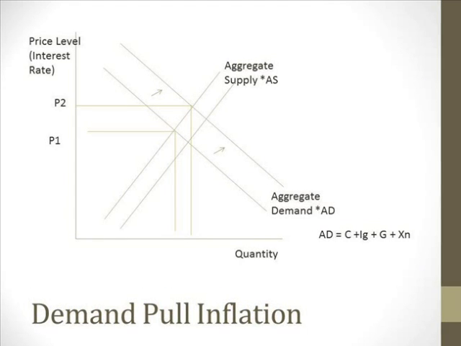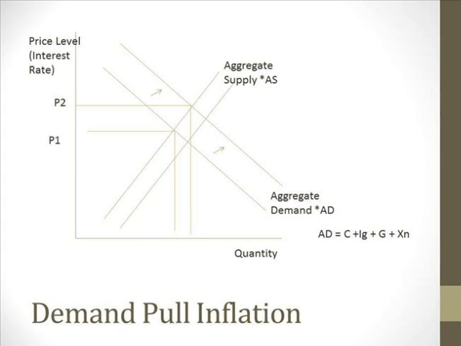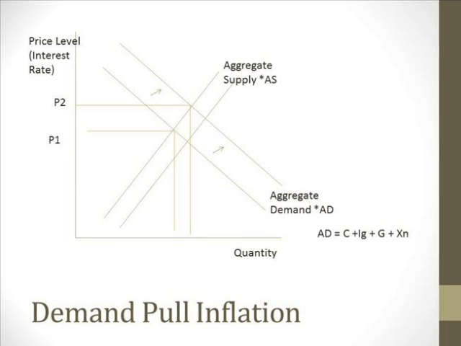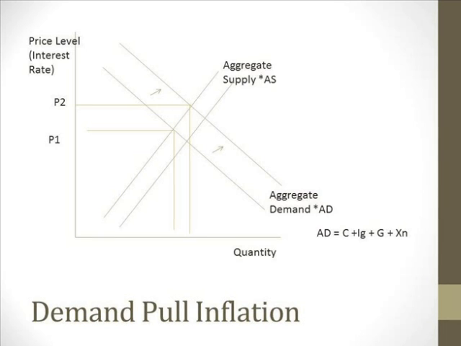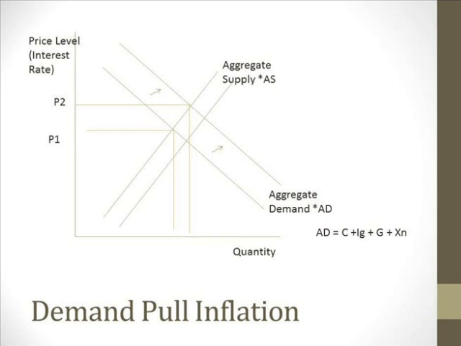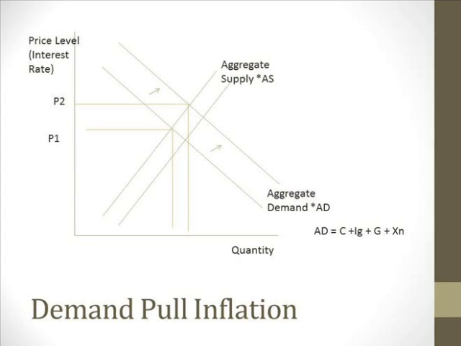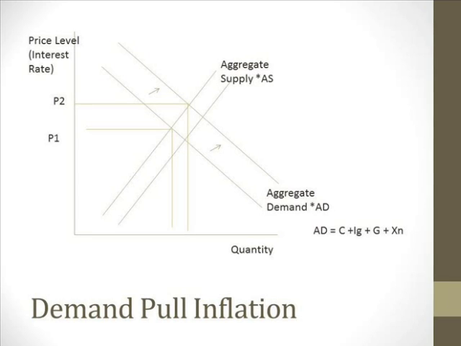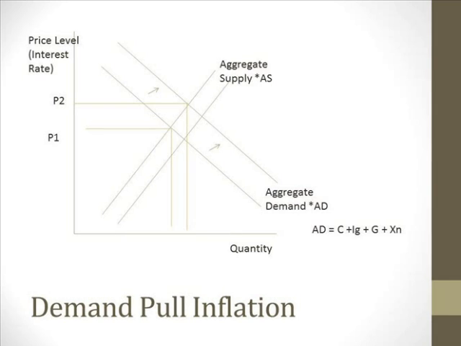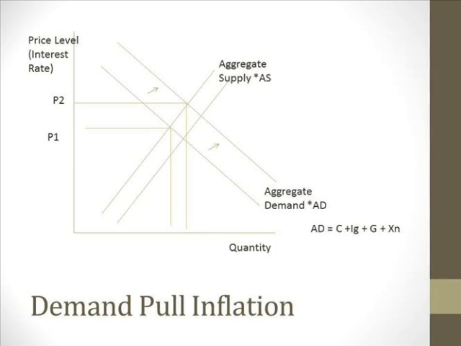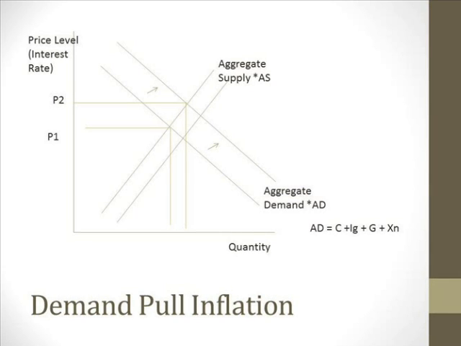Hopefully you saw that AS, supply, could also increase. So as AD shifts up, in the first case, go ahead and point to the new equilibrium, price level increase. But if you then go to the second AS curve, if your supply increased at the same time, your price level did go up from the original, but not quite as high as it would have had supply not moved as well. So if you increase supply even more, you may get down to that original price level. So if supply can continue to keep up with demand, you may prevent